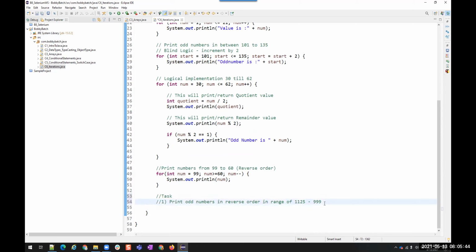This is a task for you. I want you to print the odd numbers in the range of 1125 to 999 in reverse order, that means not from 999. You have to start it from 1125. Will you do it?